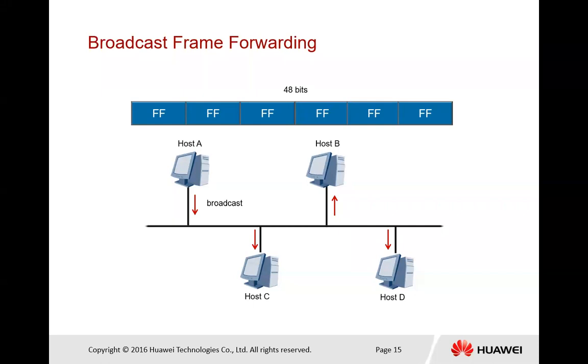So what does it mean? Broadcast frame, if all the bits are 1. If all the bits are 1, that means it's a broadcast address. So if all the F's are there, it tells it is a broadcast address. As I explained earlier, if all F's are there in the case of a MAC address, that is the broadcast address. Because that means we don't know about our destination's MAC address.